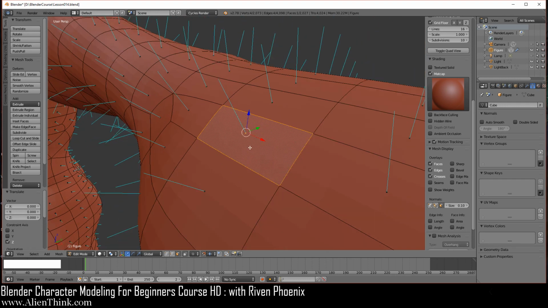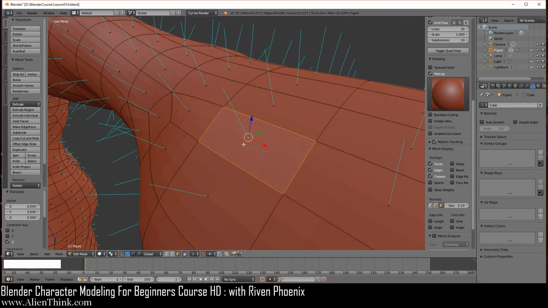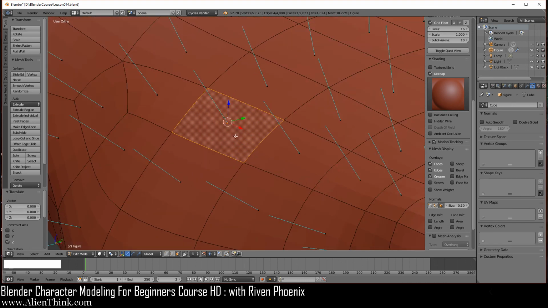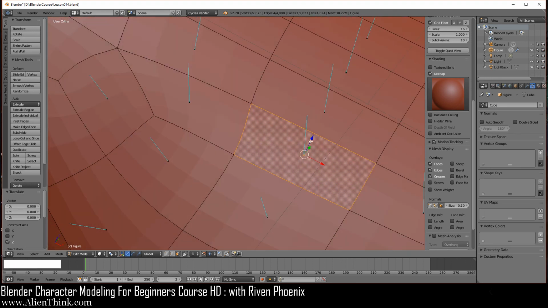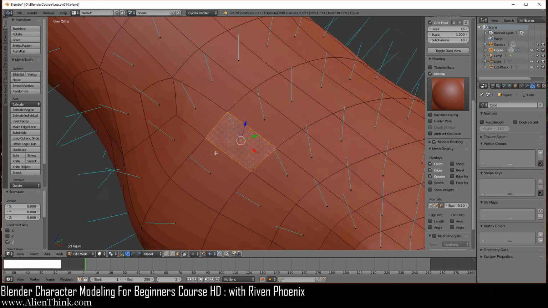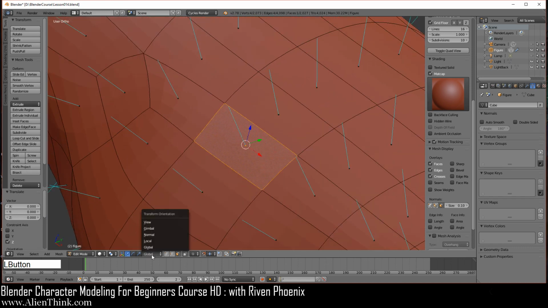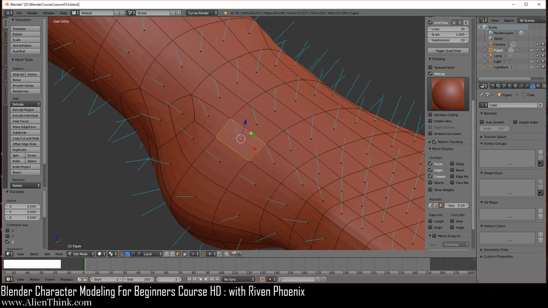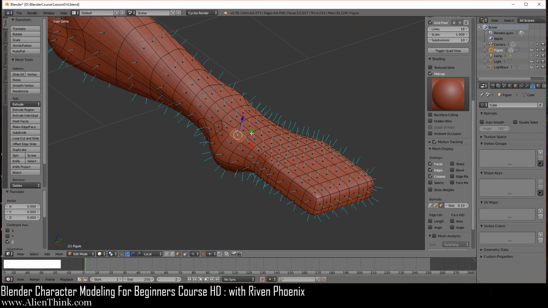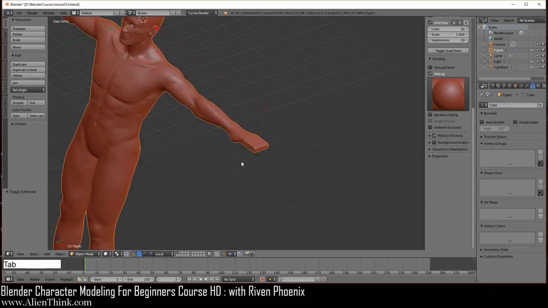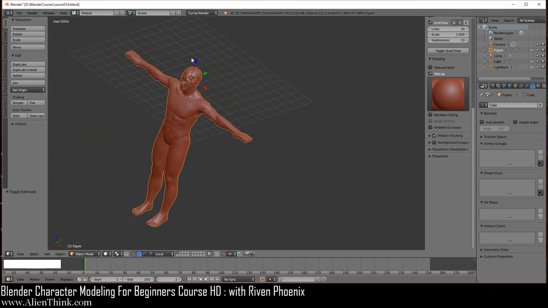Anyways, what I want you to notice is that I'm going to press the 5 key to go back into ortho. Notice how this 3D manipulator is on global. So if I rotate it like this, look where this blue arrow is going. Notice that it's the same thing happening over here on the bottom left, right? Because this is the global angle that we're using. Now notice that when we switch to local, it's not going to really do anything because this is really the local angle of your 3D model, right? If I hit tab to show you, see, this is the local angle.